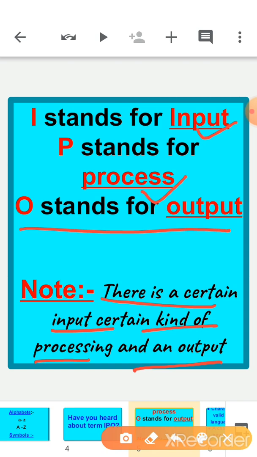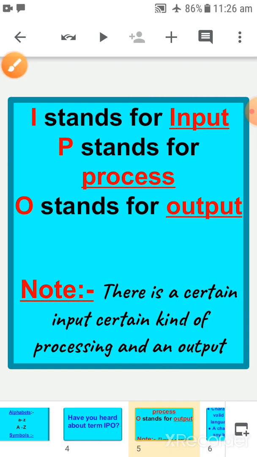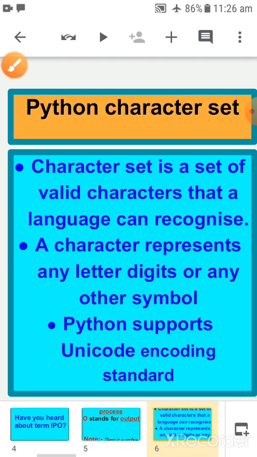Now, in a Python program, many things are there. Python basics like character set. In character set, many things are there: tokens, expressions, statements, simple input, output, etc. We are going to understand each and every term in detail. So let's start with character set.